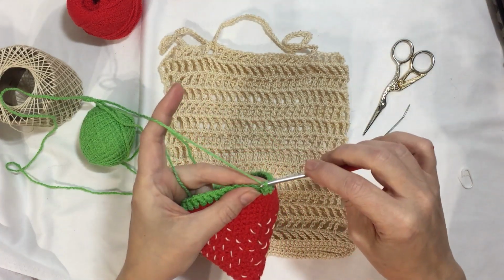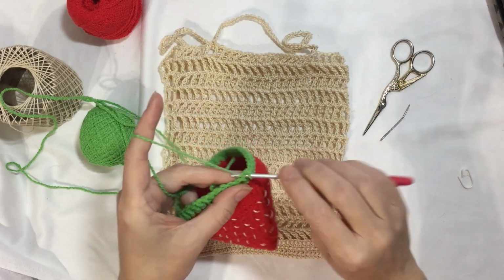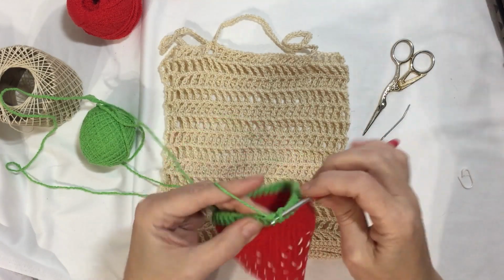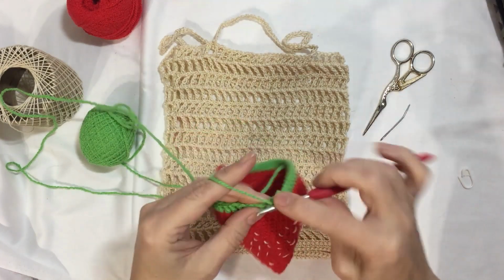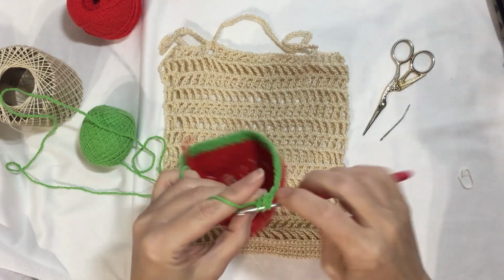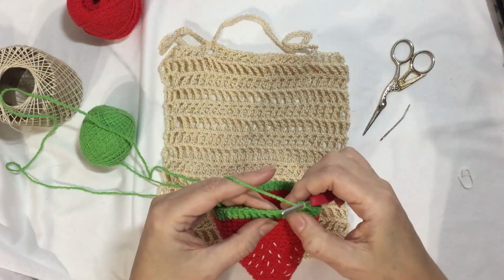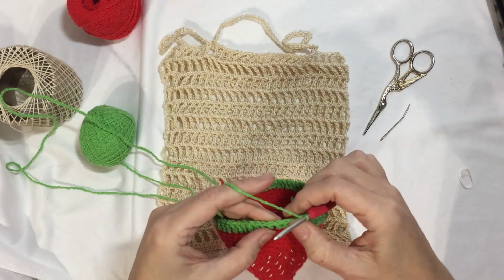So I've done the one, so I'm going to chain 1 and then do a single crochet, and then I'm going to skip 2 and I'm going to do 5 double crochets in the next stitch. 2, 3, 4, 5, and then I skip 2 and I do a single crochet, and then I skip 2 and then I